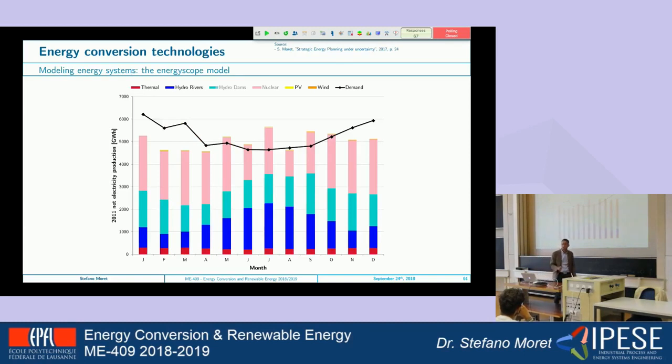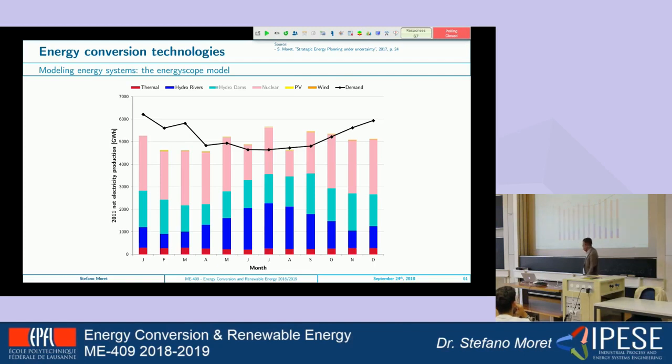I just moved to the last slide, which is about your project and what you will do during the course. In the course, you will be studying the energy system of Switzerland as an example, as a representative example of any energy system, which has of course some differences, but also many things in common. As Francois introduced, Switzerland has decided to phase out nuclear power. Here I'm showing you the electricity consumption, demand and production in Switzerland today.